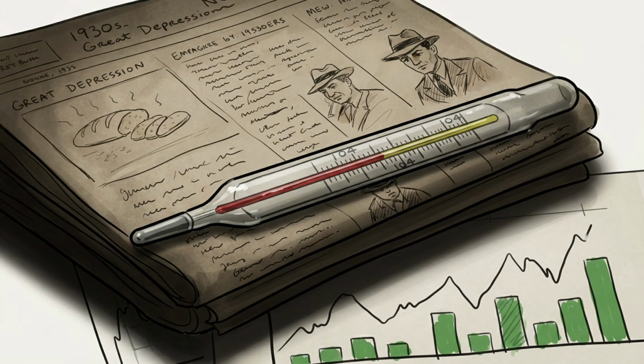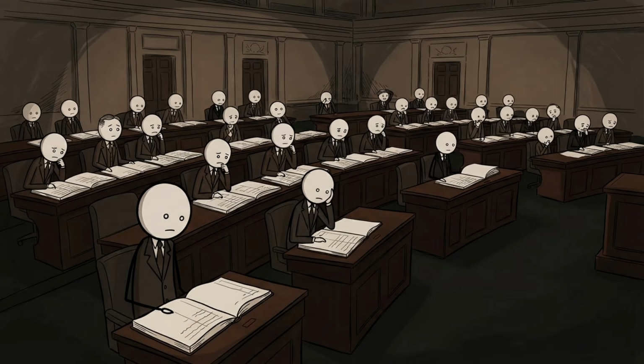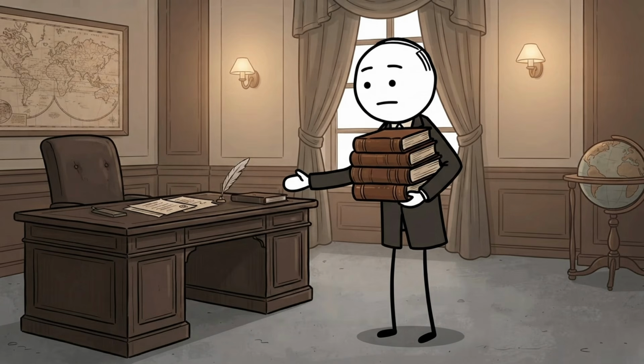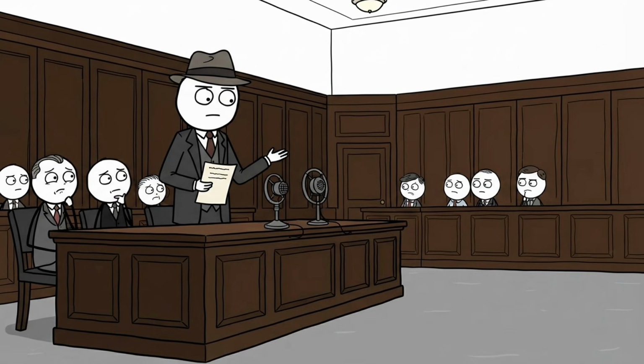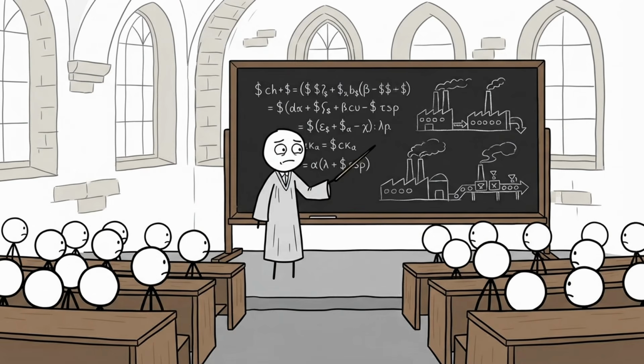And here's the thing, all of this was known from day one. GDP was invented during the Great Depression. Congress asked a simple question: how much has the economy shrunk? And nobody could answer, because nobody had ever measured it. So they hired an economist named Simon Kuznets, and in 1934 he delivered the first national accounts. And in that same report, he warned Congress that the welfare of a nation can barely be judged from national income. 10 years later, the world made GDP the global standard anyway. As one Oxford economist put it, GDP is a wartime metric. It tells you what your economy can produce, not how to make people happy.